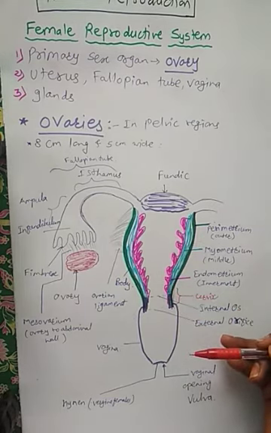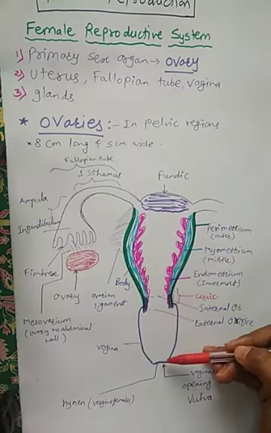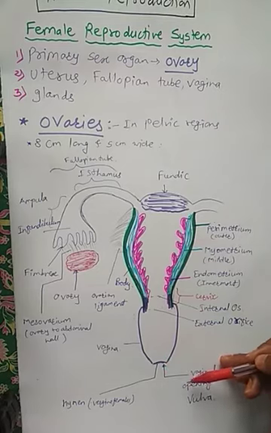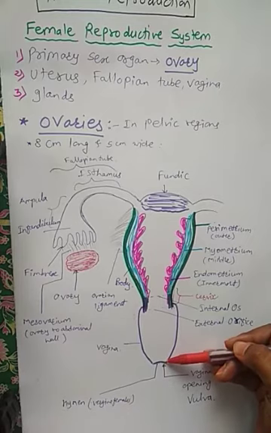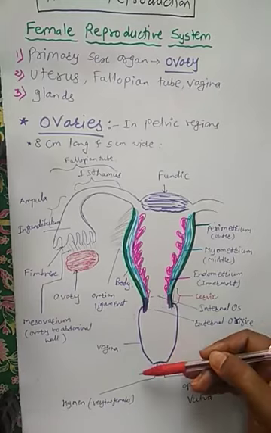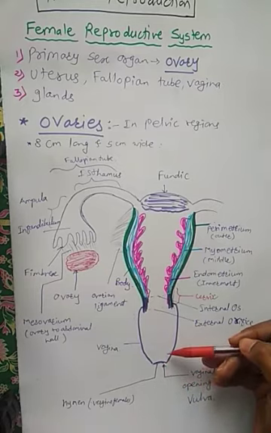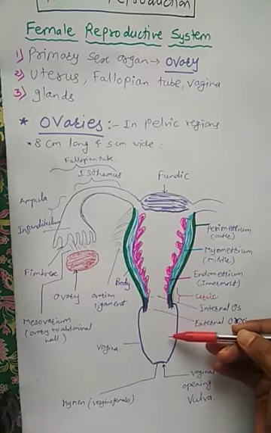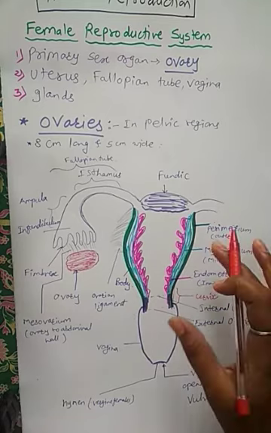The vagina opens through the vaginal opening, also called the vulva. In virgin females, there is a small membranous part at the opening, the hymen, which is present. The vagina acts as a birth canal, and it also helps in the transfer, or collection, of sperms. So all these things are there.